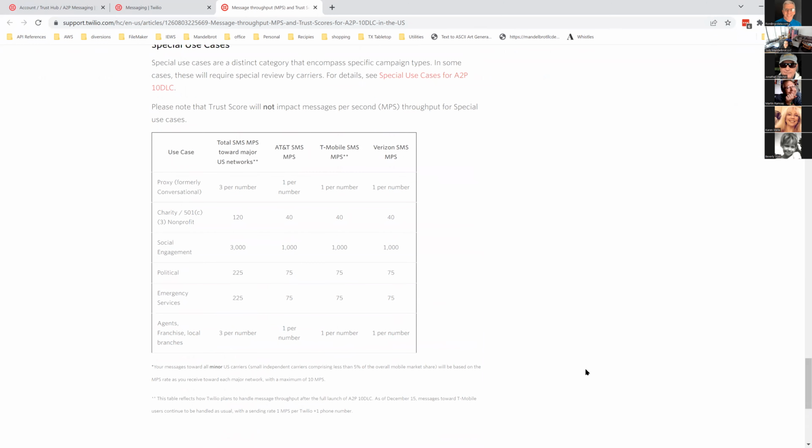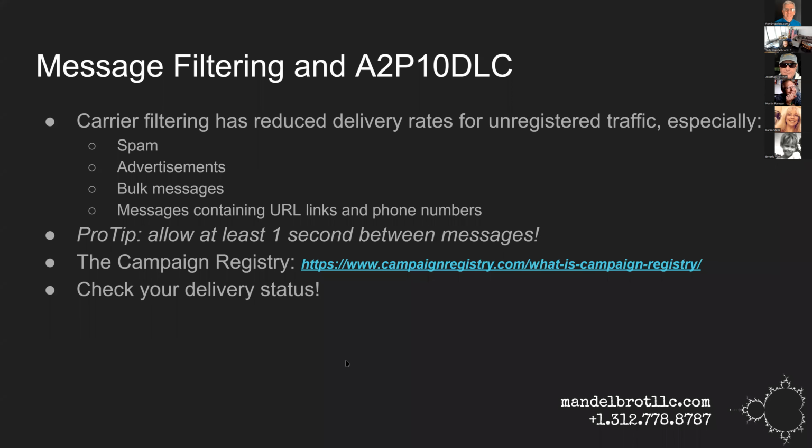So again, the best thing to do is to check the delivery. You have one script that's sending out all the messages, and you have another script that goes through and says, did everything get delivered? And if it wasn't delivered, can I send it again? At 25, taking a minute to send them all is not a problem.